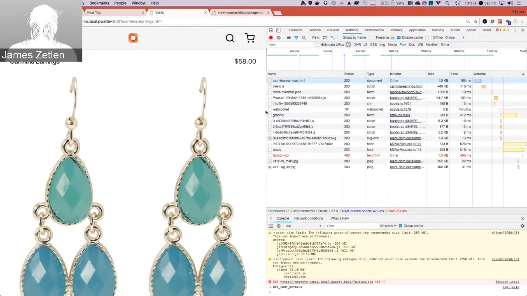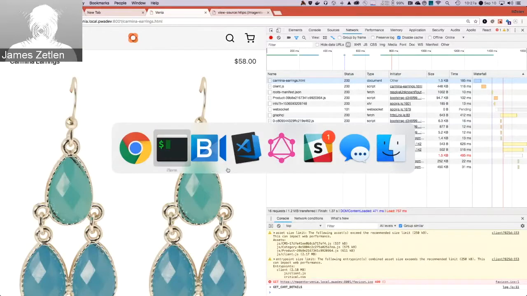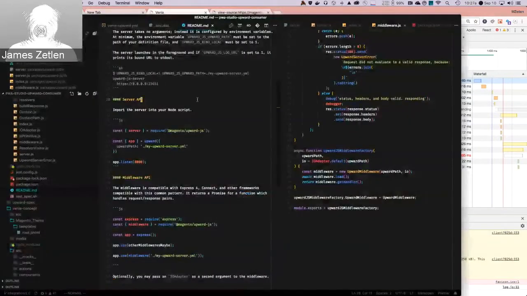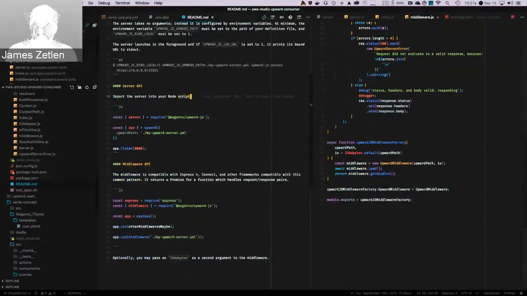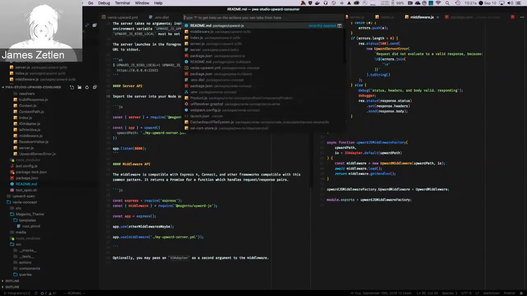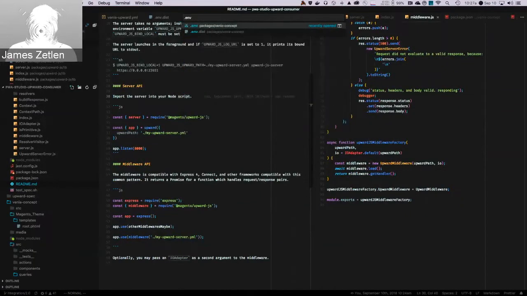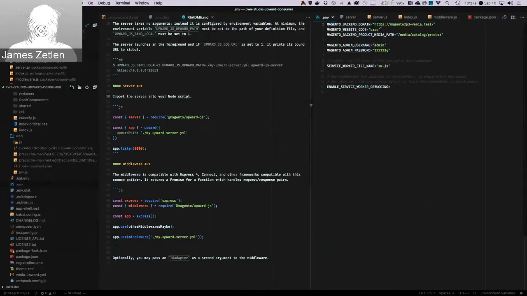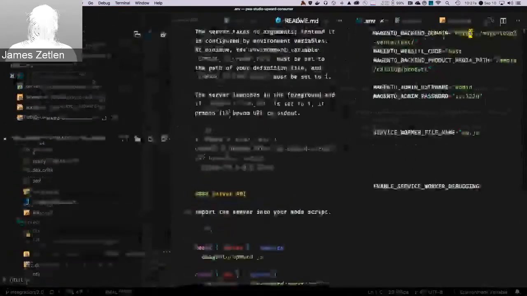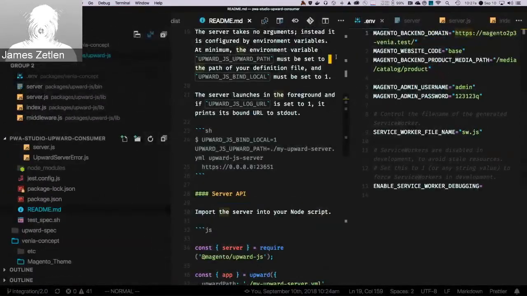In the past, Magento themes have been the sort of round hole into which the square peg of PWAs have been fitting. And that's something that we intended. We wanted to make it as close to regular Magento practice as possible. I have an environment file, which you might be familiar with, which specifies that I have a backend domain here that is